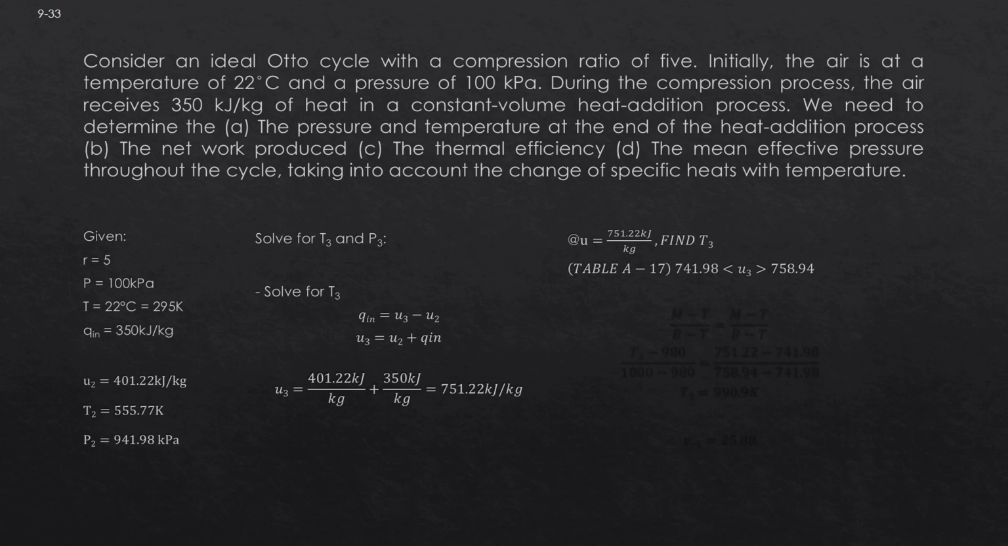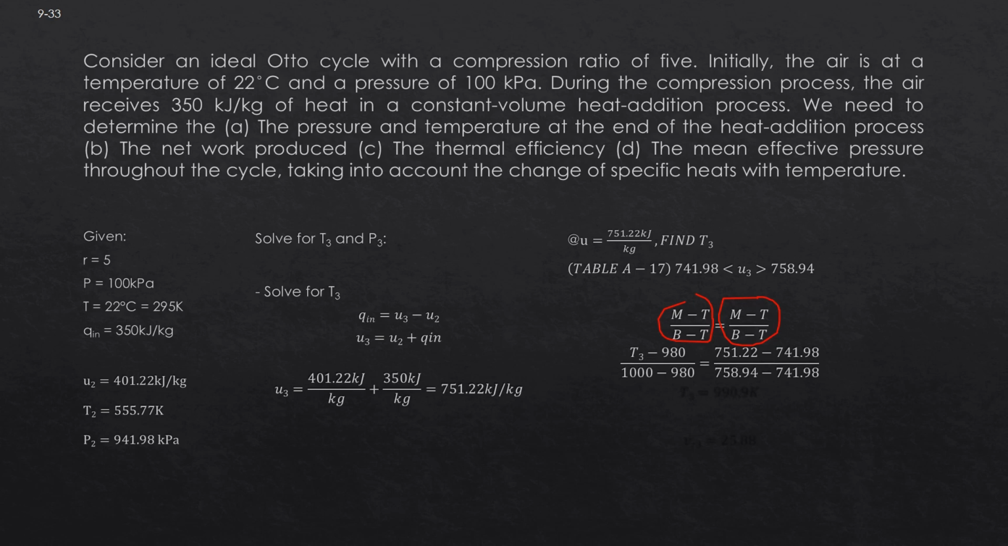And looking at our property table, we can see that the internal energy at state 3 is between 741.98 and 758.94. So since our internal energy is between 2 points, we cannot directly again find the value of our temperature. So we'll use this equation again. M minus T over B minus T equals M minus T over B minus T, where this side is the temperature and this side is the internal energy. So plug in all the given values, we'll get